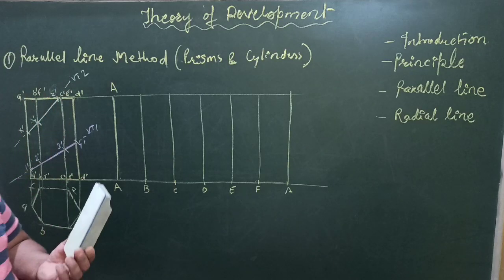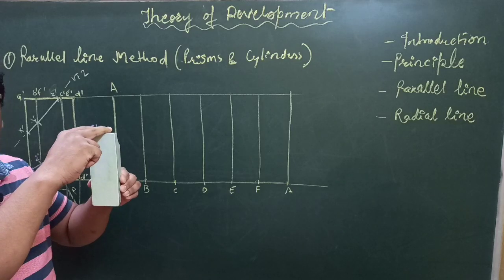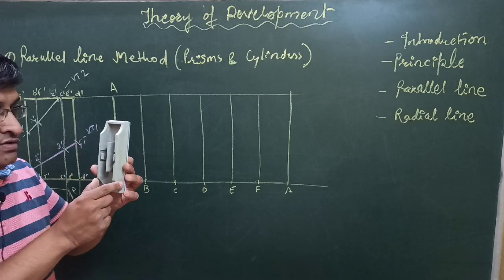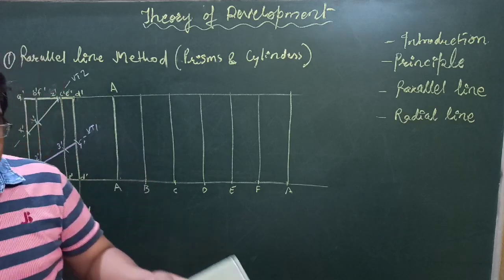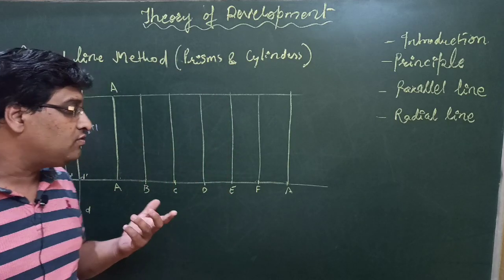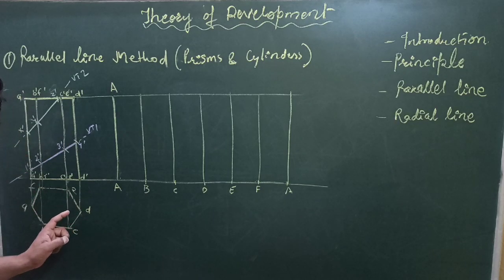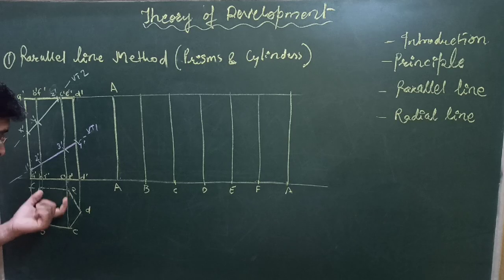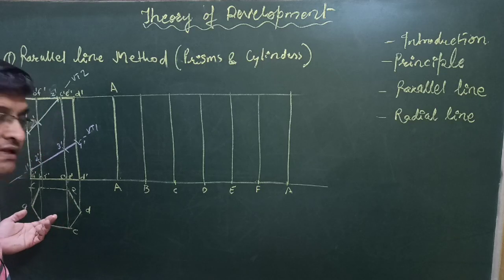So lateral surfaces means surfaces which are joining the lower base to the upper face. These are the lateral surfaces that we have already discussed in that video. For prisms, these lateral surfaces are rectangles. For pyramids, these lateral surfaces are generally isosceles triangles. So why generally we don't develop the top face and lower base? Because they are regular figures. In most of the cases, regular or uniform figures are there, means equal sides, equal angles. So they need not be developed, because if we know the length of the side, we can easily draw the